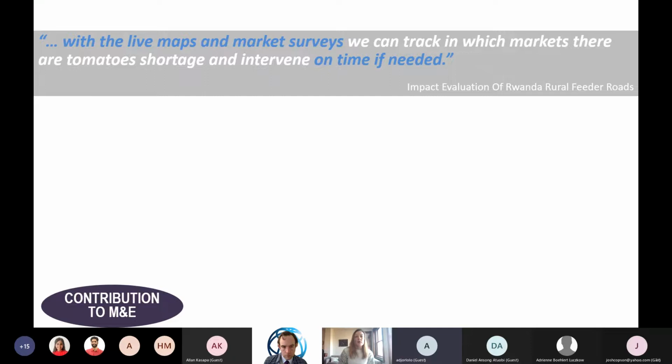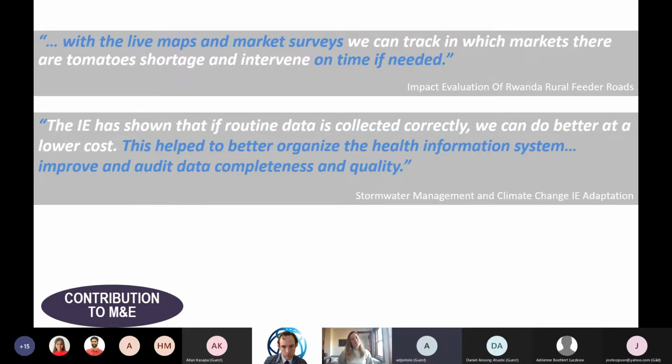And so, here again, some examples. For example, in Rwanda, they're trying to improve access from more isolated villages by building rural feeder roads. But as they were building new roads, they realized that they didn't have much data on what was happening in these areas. Where are the roads? What villages are connected? What are the markets around there? Even as they started setting up their program, they already thought about what data sources they could use and how they could put them together to be able to measure what is happening in the area as a whole, in the economy, in the markets. So that is something that was done.